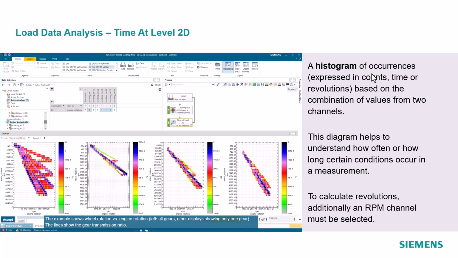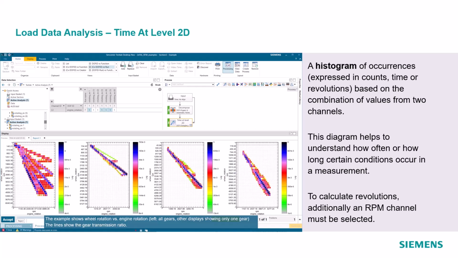In the example that I'm using, I have a time trace that shows what gear you're in for a particular vehicle. A time at level diagram would tell me how much time I spend in each different gear configuration. A 2D time at level plot lets me combine multiple channels together in one plot.